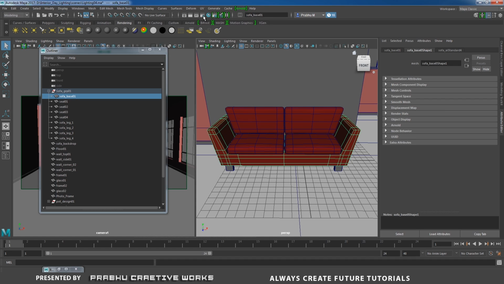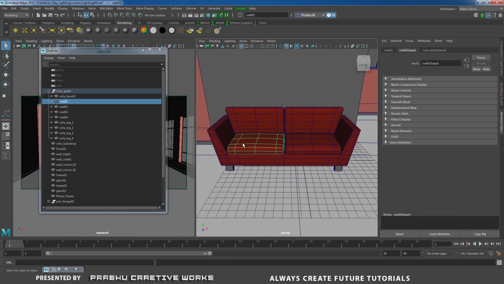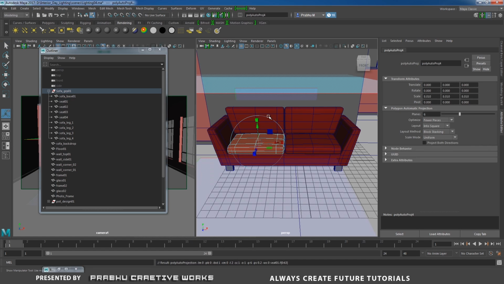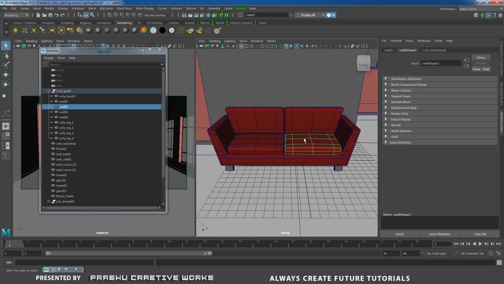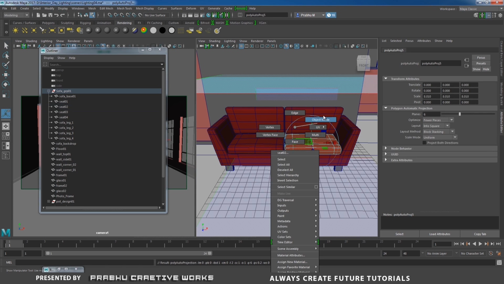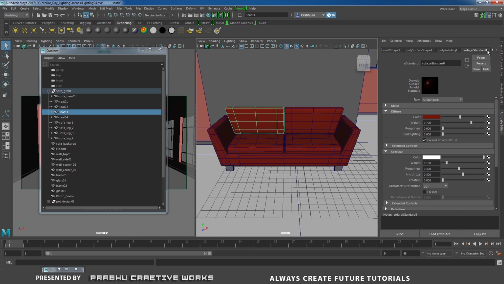So select this object and go to UV and choose automatic. Right click and choose object mode. Select this one and press G to repeat the last command. Right click and choose object mode. Select this one and press G, and right click and choose object mode. Select this object and go to sofa AI standard